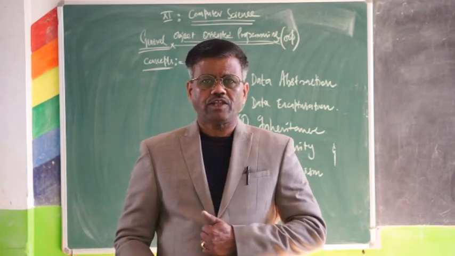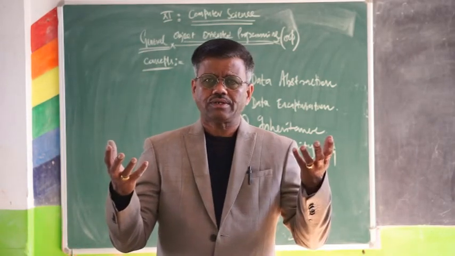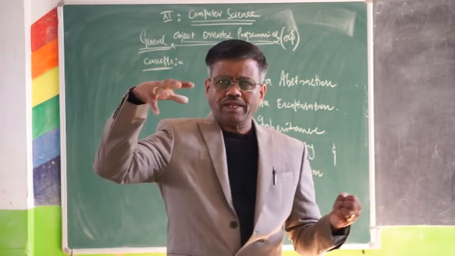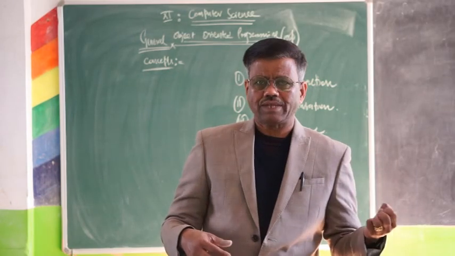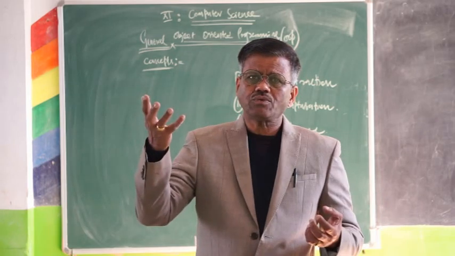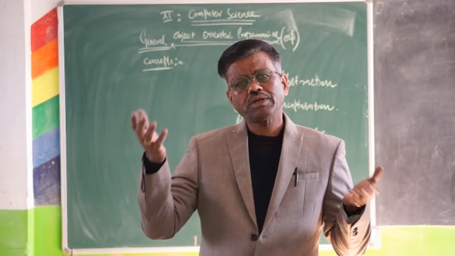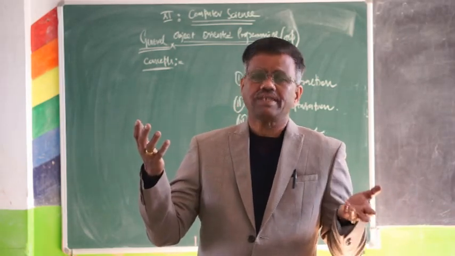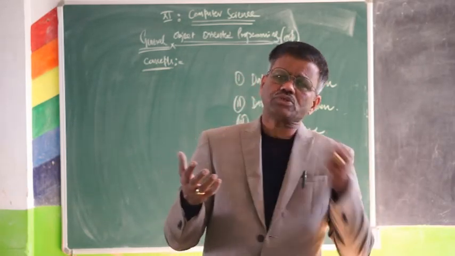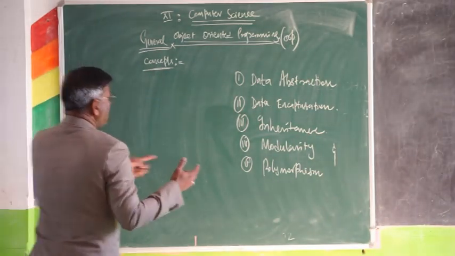I'm going to give an explanation for that. So, we call superclass, subclass. Superclass means the main one, which gives. The one which receives is called a subclass. Some authors say base class and derived class. Base class is the one which gives, and the one who receives is the derived class. Some say superclass and subclass, some say base class and derived class. So the subclass or the derived class inherits from the superclass or base class. That concept is known as inheritance.